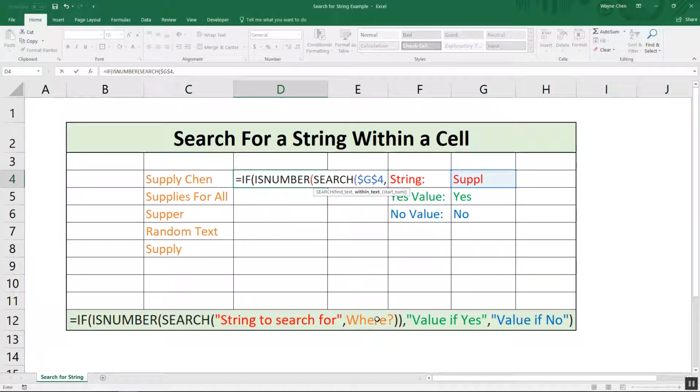Comma. Where are we going to search for this? We're going to search for this here. Now this is not going to be locked because we want to search here for this row, we want to search here for this row, and so on and so forth. Close it out,